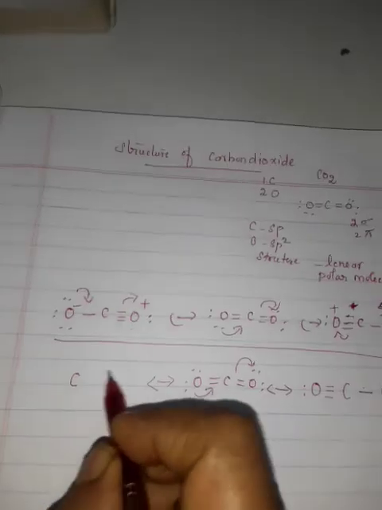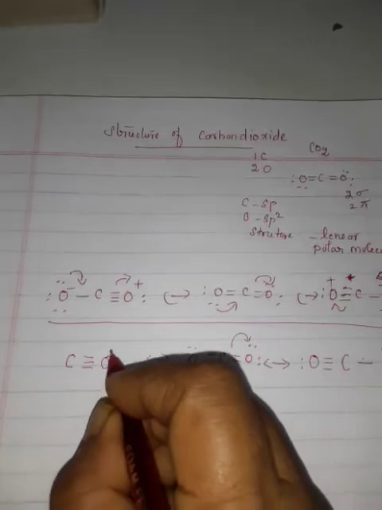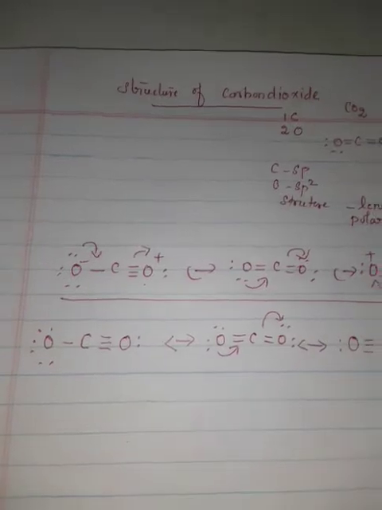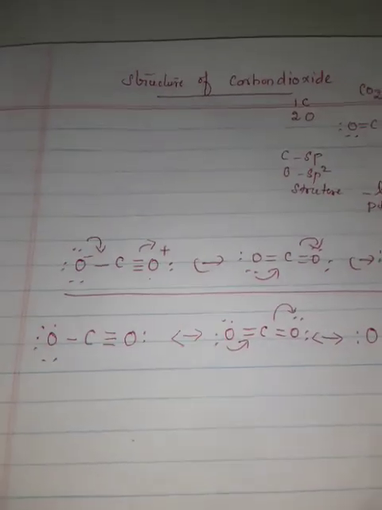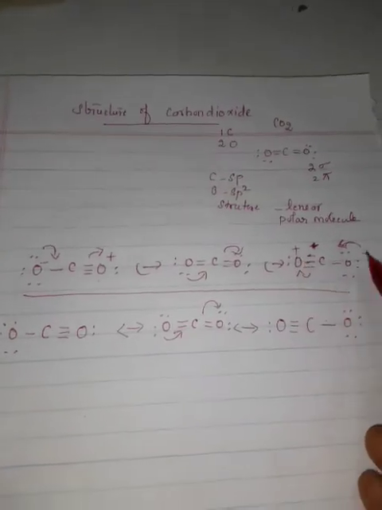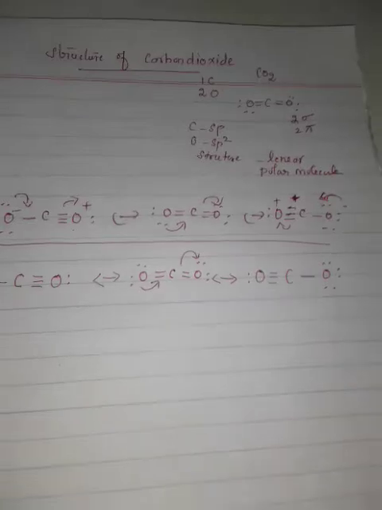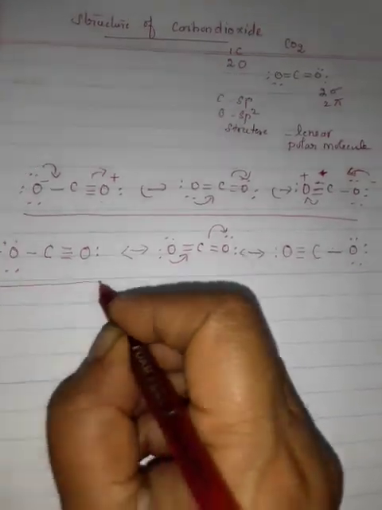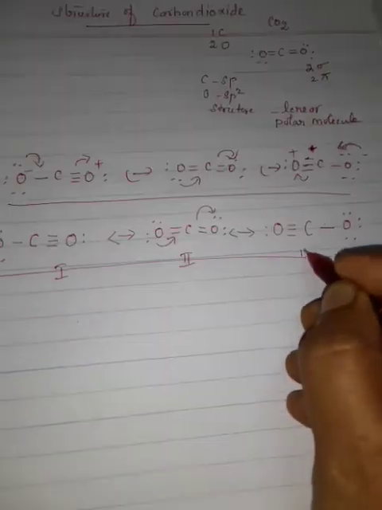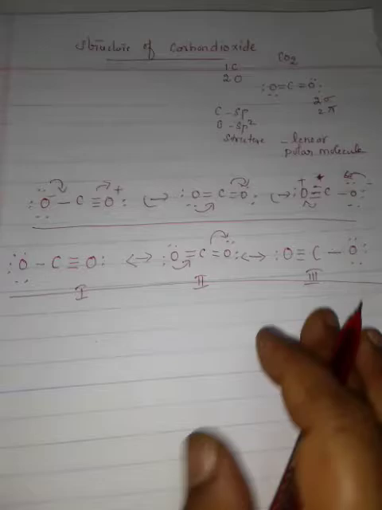The other structure, we can just write it opposite. See, this side triple bond O with only one lone pair, and this side single bond O with three lone pairs. Now the charges: minus, plus here, here no charge, here there is plus and minus. How it is formed, we can see using formal charges. So this is structure 1, structure 2, structure 3. This is not given in the book, but I am teaching it as extra.